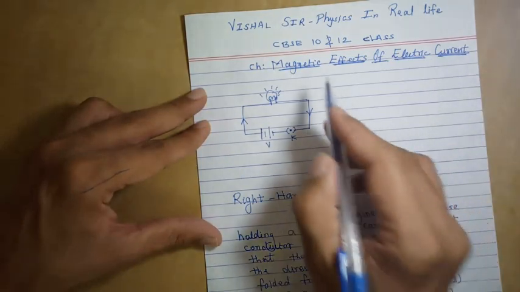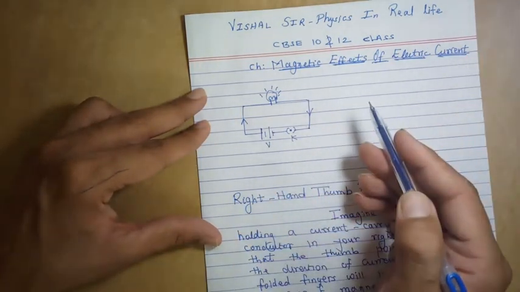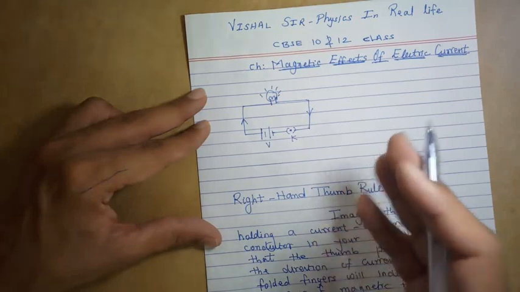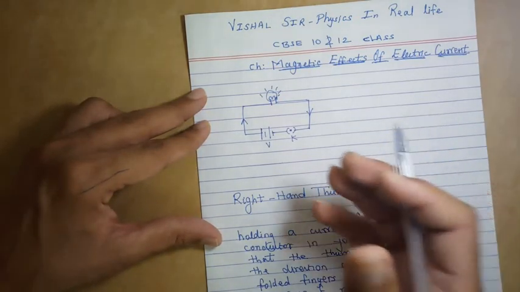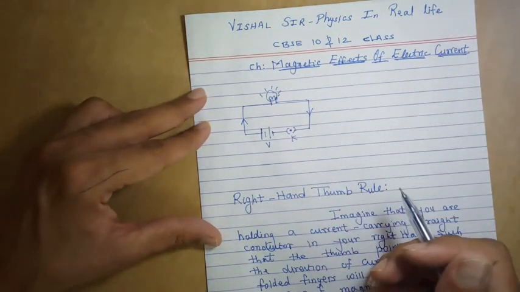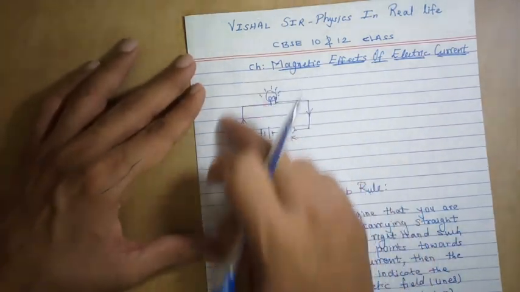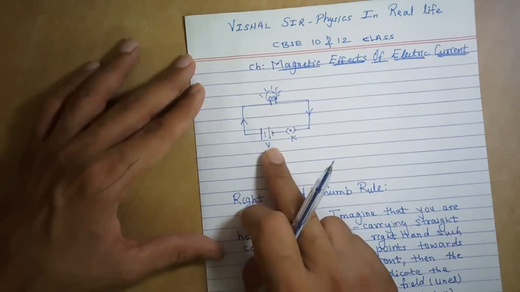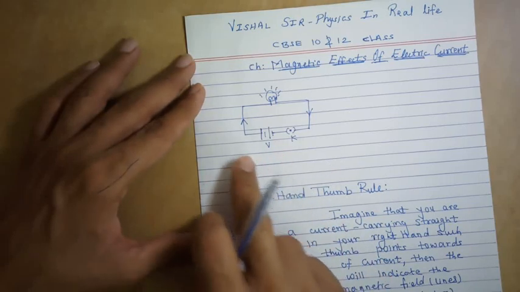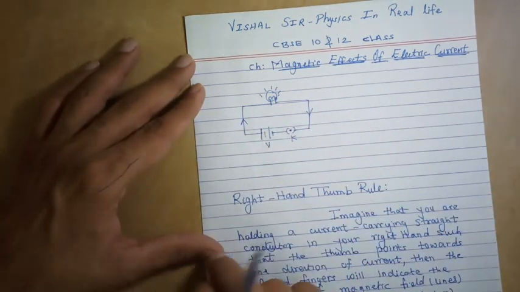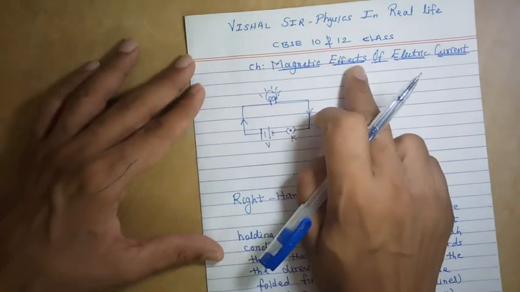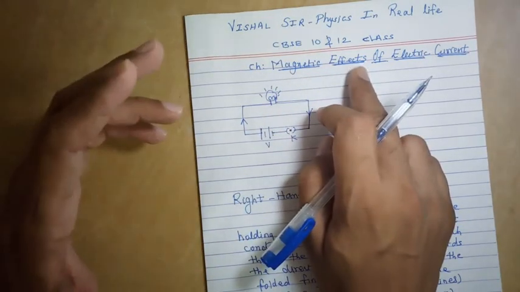But here we want to see what is meant by the magnetic effect of electric current. You should produce a magnetic field because of flow of electric current. The electric current may be moving in the clockwise sense or in the anti-clockwise sense. It depends on the polarity of the battery. It means that the flow of electric current will control the magnetic effect. How is it controlled? Let us see.